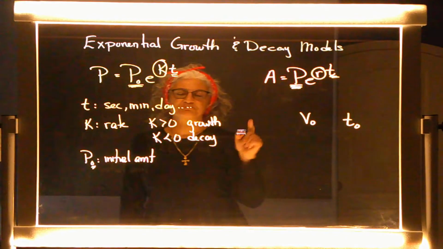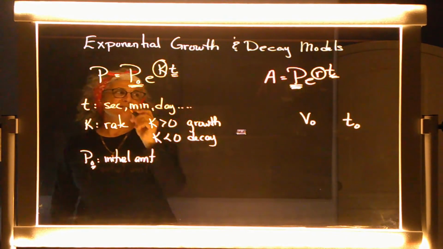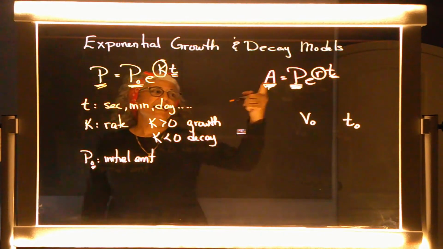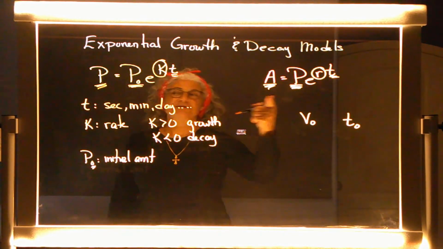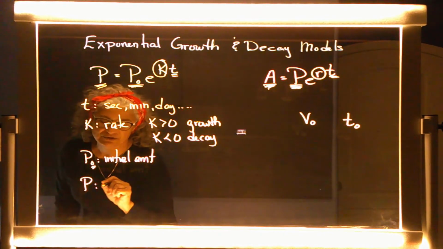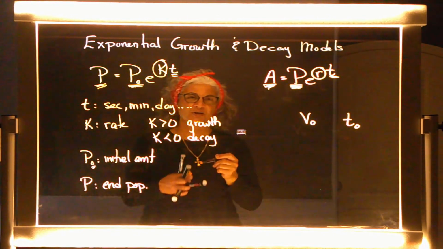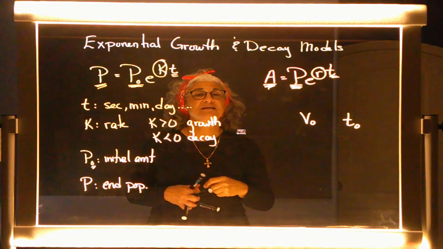Y'all with me? Okay. And last but not least, this variable over here, P, is in the place of A. A was the ending balance, wasn't it? Well, P is the ending amount also. Okay? The ending population, shall I say. Cool? All right, so hang in there. We got some